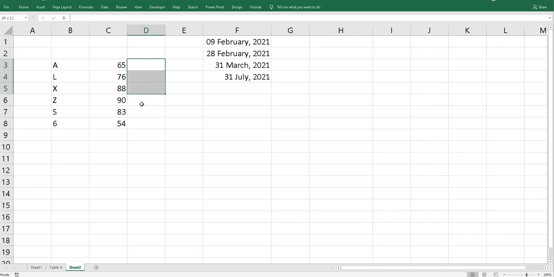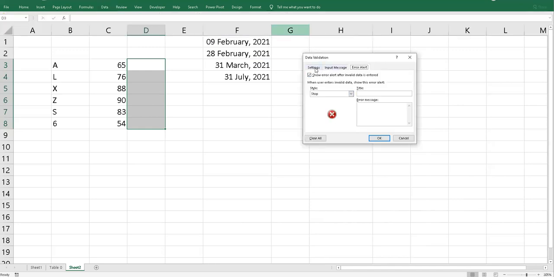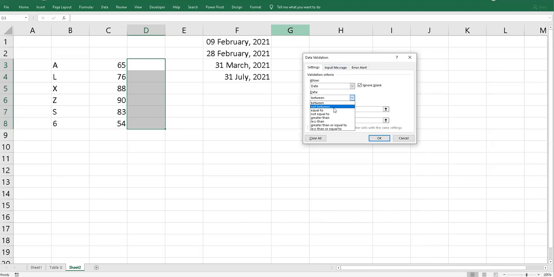So we will select it over here, go to the Data tab, Data Validation. So far we have been using this one with a function. Now we will go to Date. It gives you a couple of options: between, not between, equal to, not equal to, greater than, less than. I will take the first one, between, and the start date. You can use the direct F1 function, or we can use functions over here, TODAY